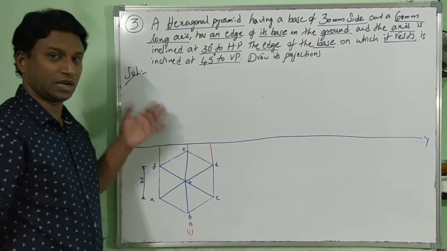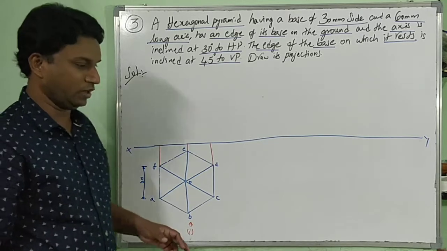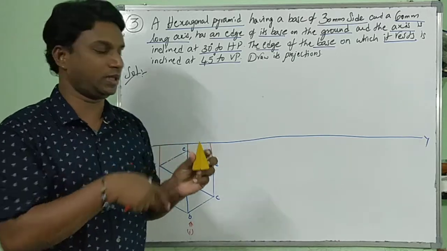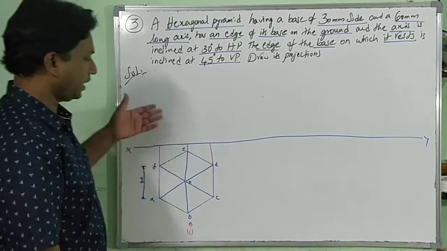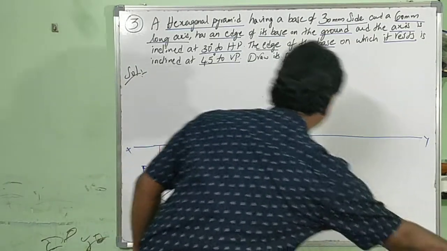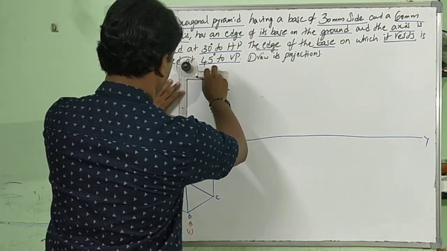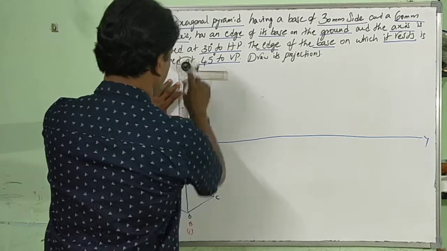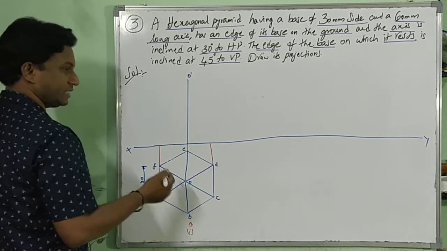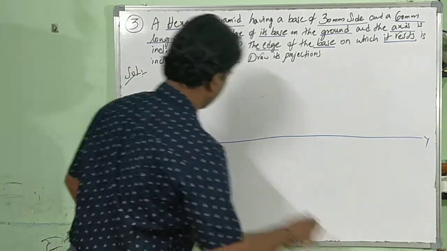So it's a thick line, no axis line, because the axis line is being dominated by the slant edge OB, right? Whatever slant edge you are seeing here, this slant edge is being dominated by the axis. So we are supposed to draw directly a straight line here, which is O dash. Now as it is a pyramid, slant edges should meet your apex point.